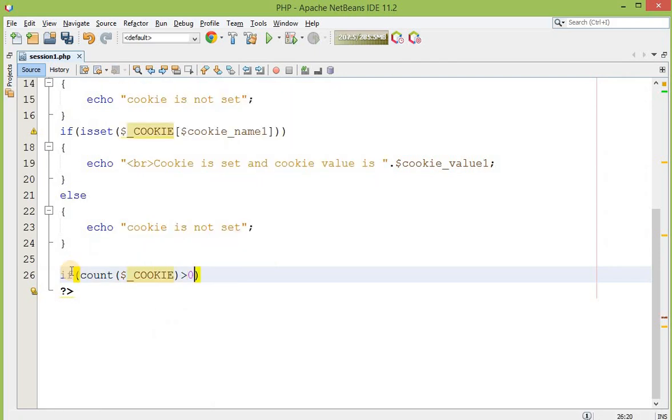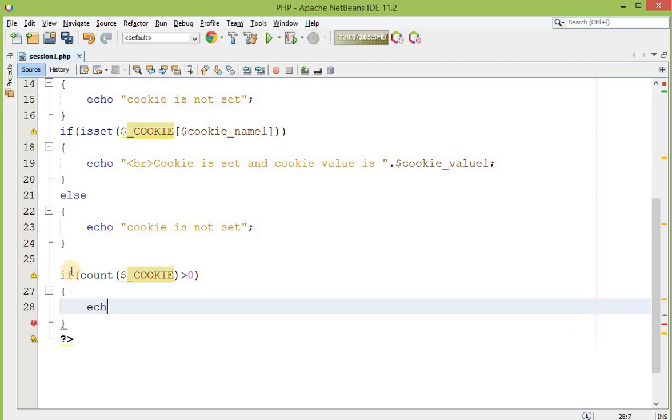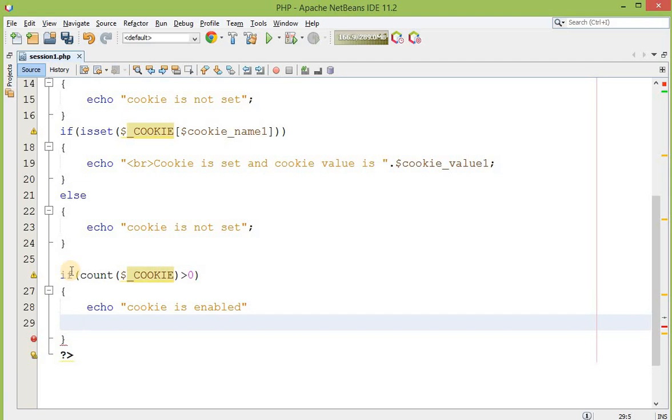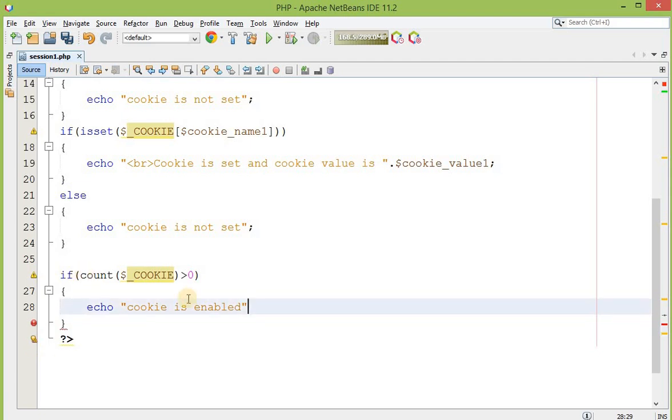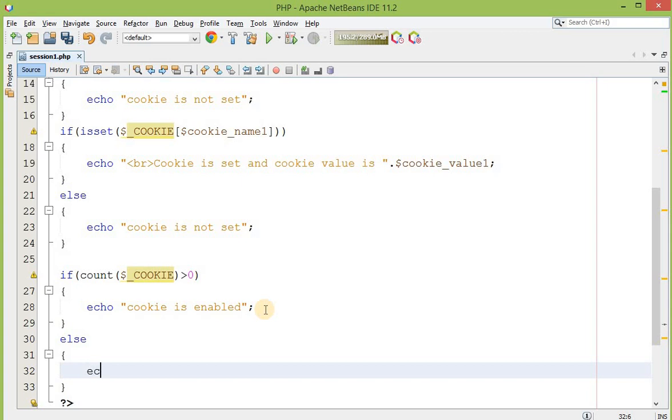If this count is greater than 0, echo "cookie is enabled", else echo "cookie is disabled".